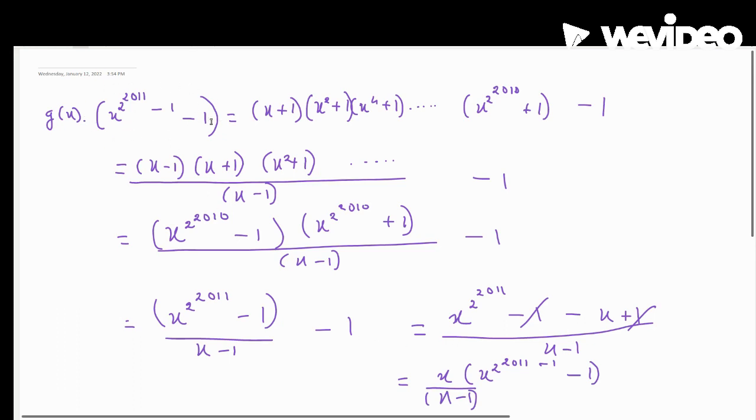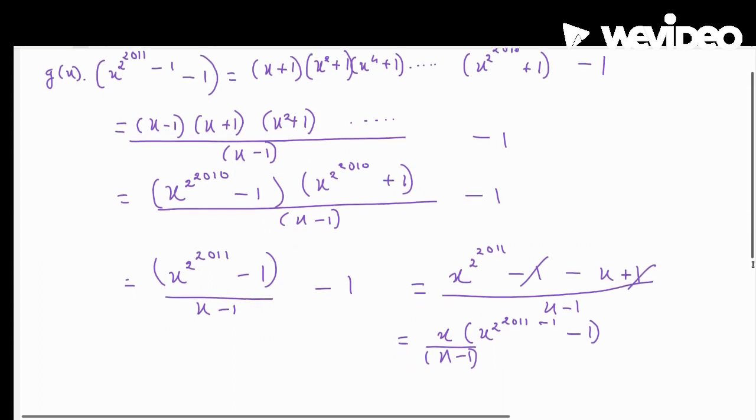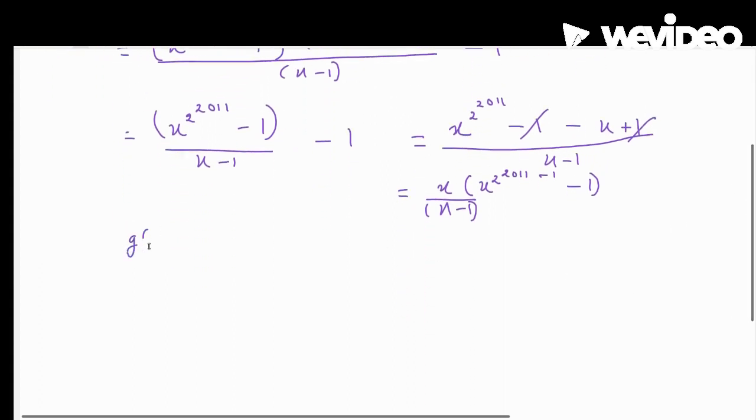So now we can complete this left hand side too. You can see that this term is common in both, so we can just cancel them, and what we will finally get is g(x) is equal to x by x minus 1. Now we are asked to find g(2), so we can just put the value of x as 2, then we will get 2 by 2 minus 1, that is simply 2, and that's the answer.